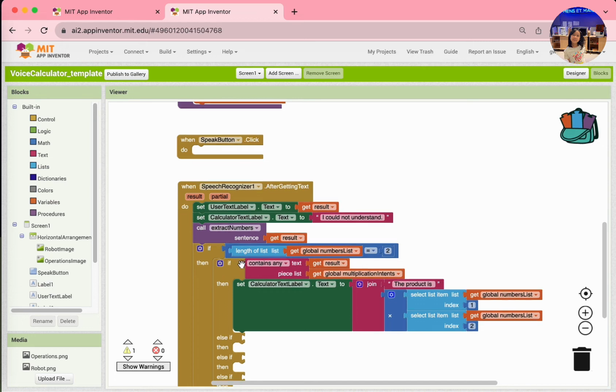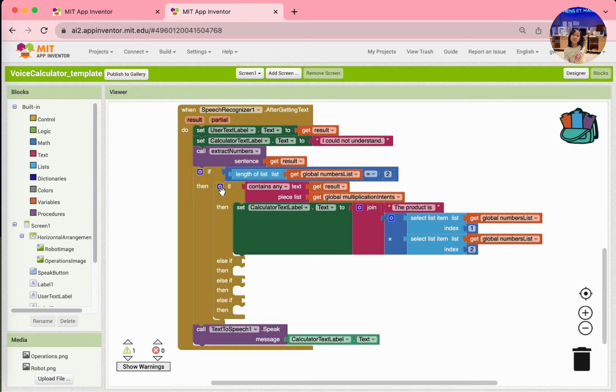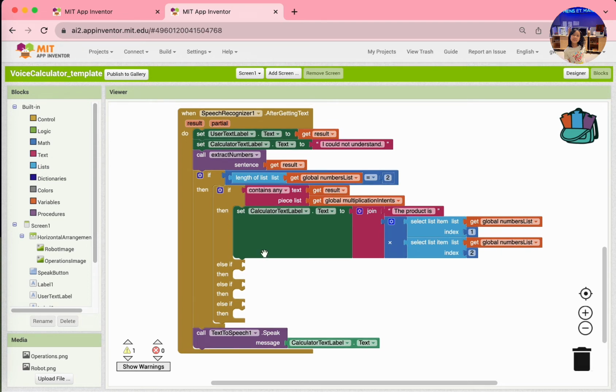And then we have an if-then block. So if the length of list, the global number list, equals 2, then we do another if-then condition. So if the length of list, global numbers list, is equal to 2, then